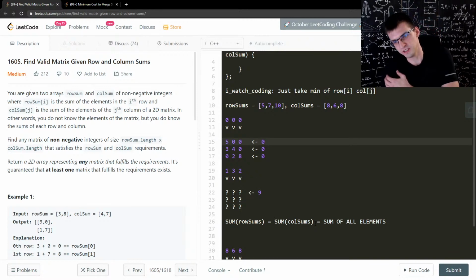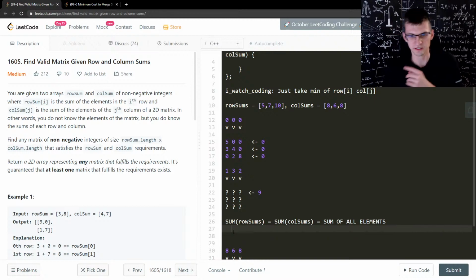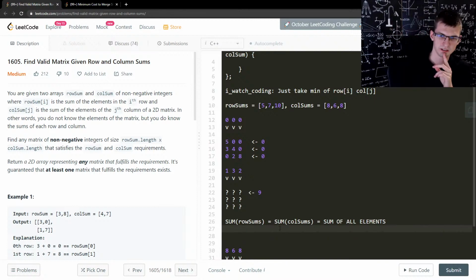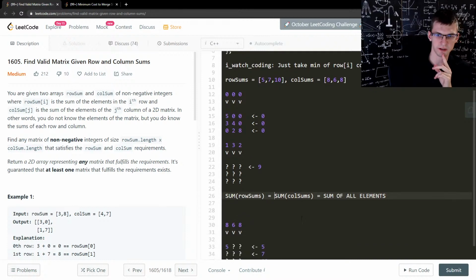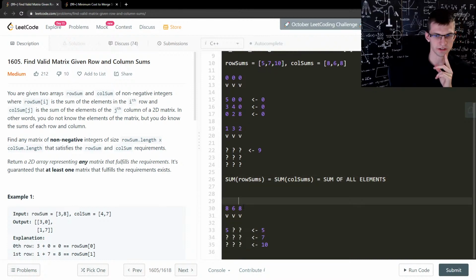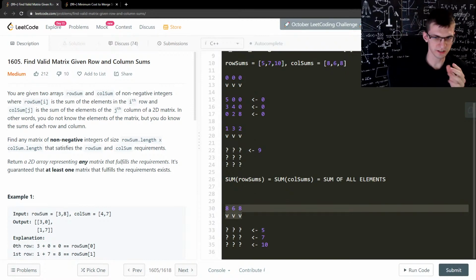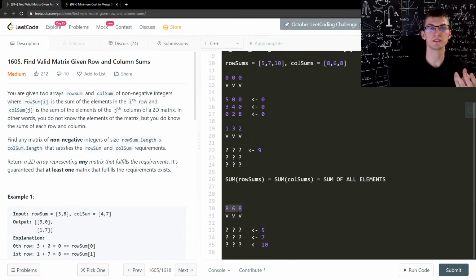But if this is true, the cool thing is whenever we choose some element, the sum of that and the sum of this decrease by the same value. So if this is the initial situation, and now indeed 8 plus 6 plus 8, this was the second sample test. The sum of this is what? 16 plus 6, 22. The sum of that is also 22. If I imagine that at the beginning I have just zeros everywhere, the question marks are zeros, but I can keep modifying them, I can keep increasing them,